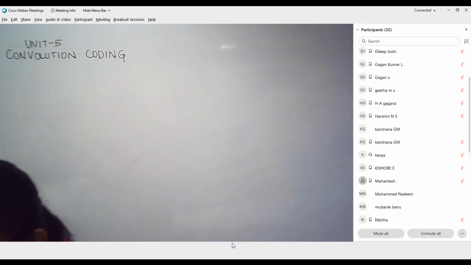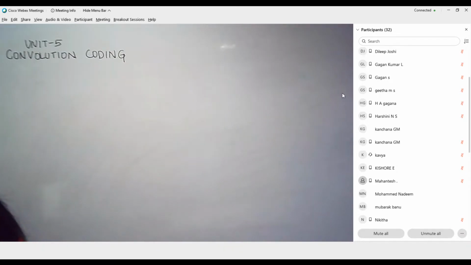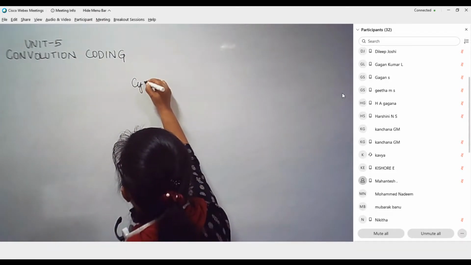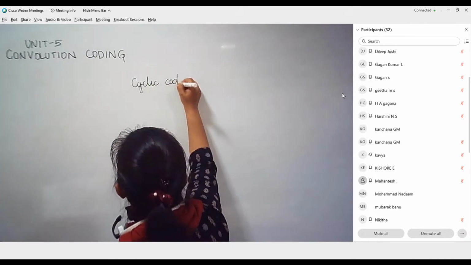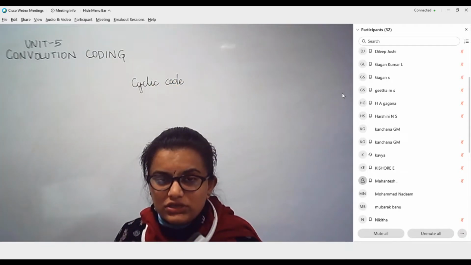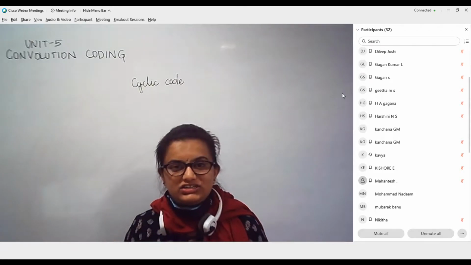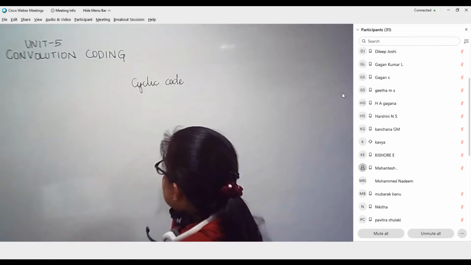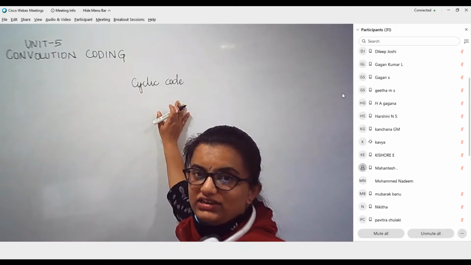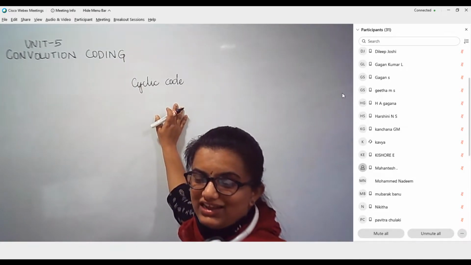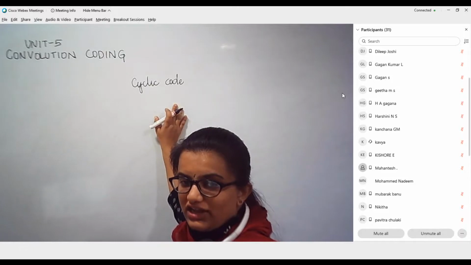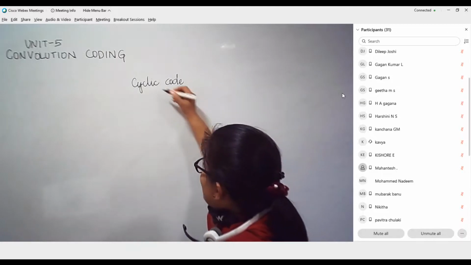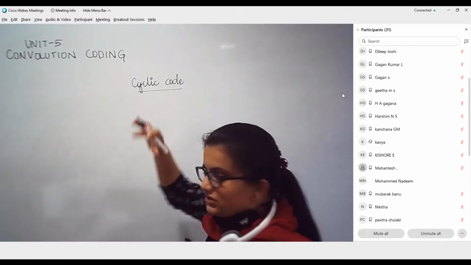Okay, so today we are going to start off with the Unit 5 portions. Unit 5 basically consists of two parts. One is the cyclic code, which is another form of linear block codes, where you make use of a cyclic generator, which simplifies the representation of linear block codes. This also has a particular arithmetic representation, which makes the realization of the generator, decoder and syndrome circuit much simpler than whatever we have seen so far. But the cyclic code part we are going to take a little bit later on.